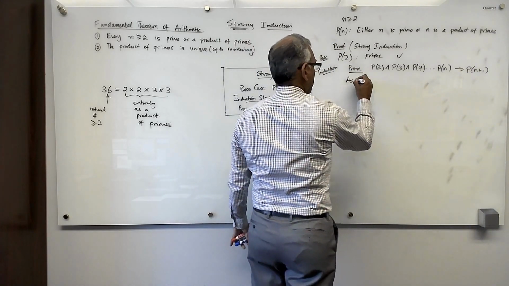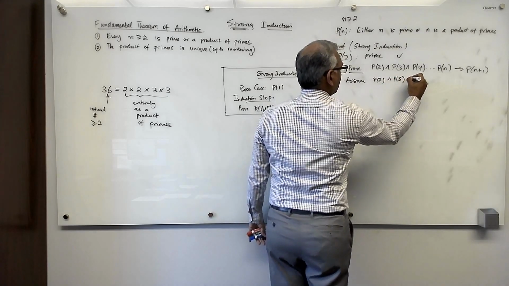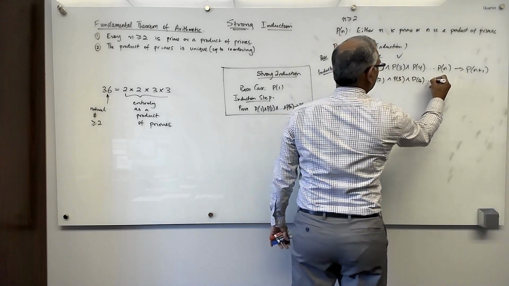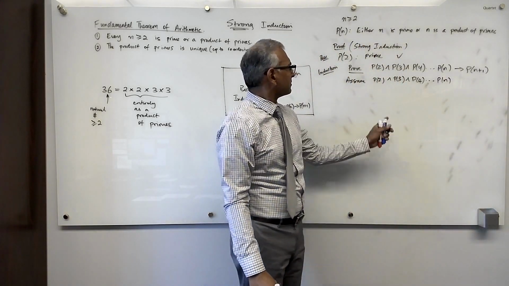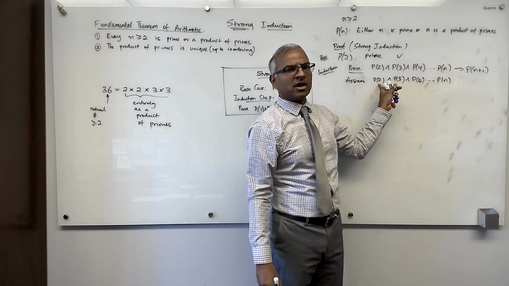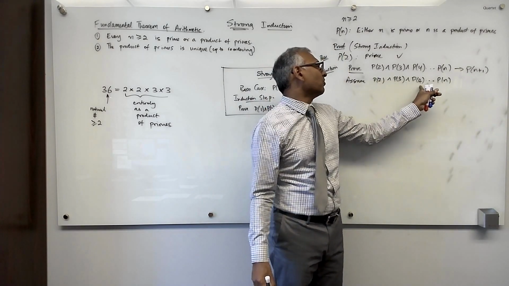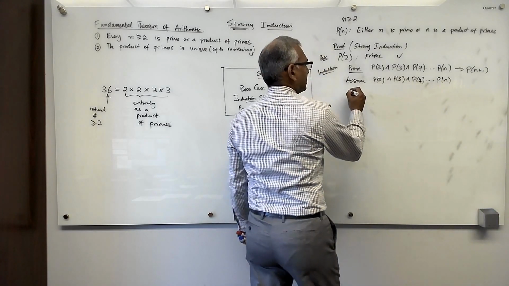So assume P of 2 and P of 3 and P of 4, P of n. So what is that assumption? Because I'm trying to prove an implication. What this assumption is saying is 2 is a product of primes. It's a product of one prime. 3, 4, all the way up to n. They're all products of primes. Now consider